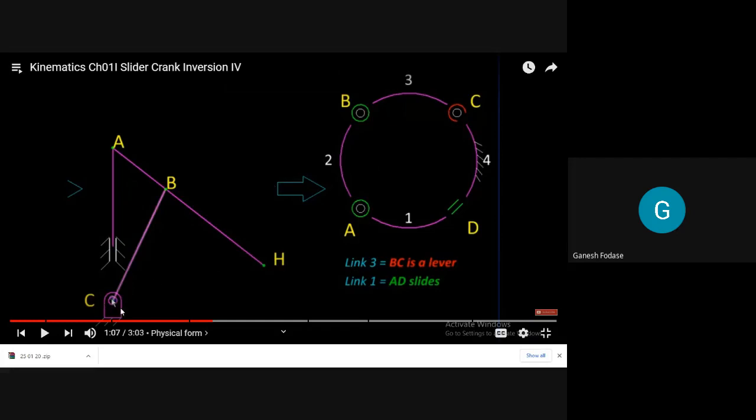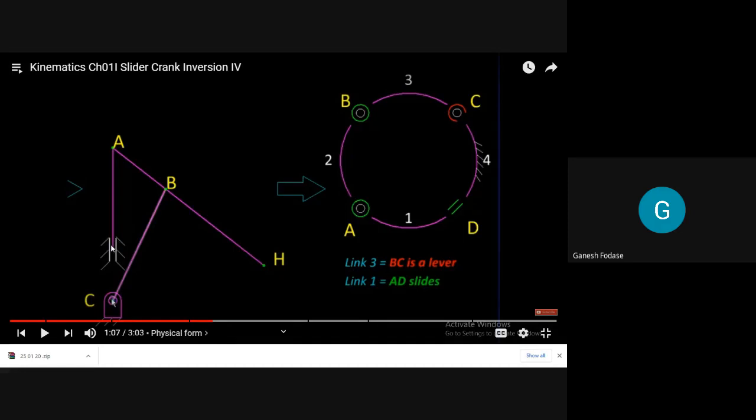Now see the same structure here. This is the fourth inversion we are talking about, and you see here this one is the connecting link. This one is the second link which I extended up to point S, while this joint A is connecting link number 1 and link number 2. I told you there is a turning pair. Actually, it can make complete rotation, but due to some constraints, it will not make rotation in actual practice. But it can rotate, and of course, it forms a sliding pair with respect to this frame.